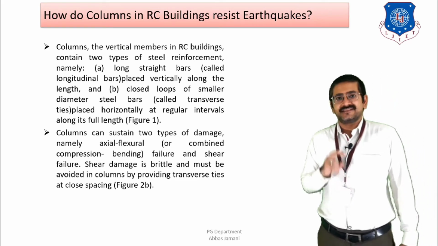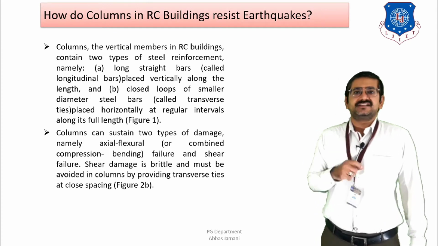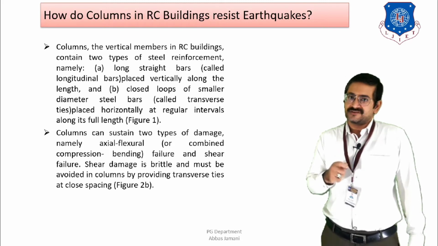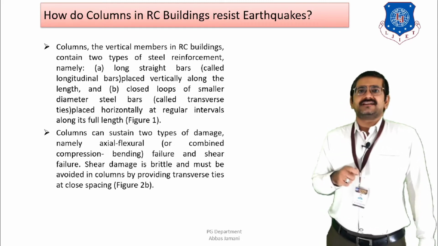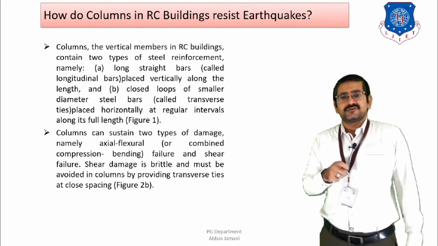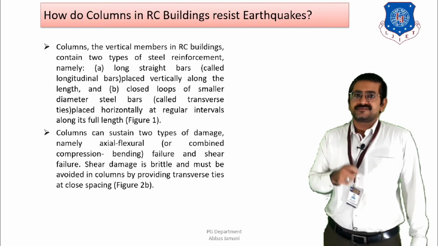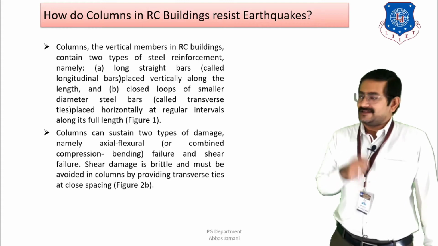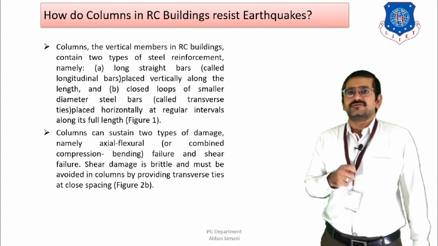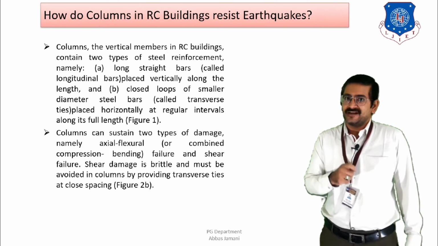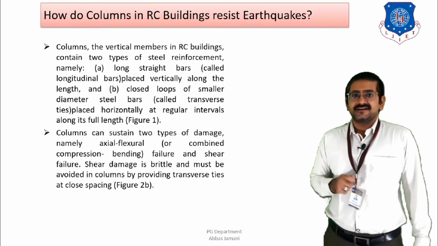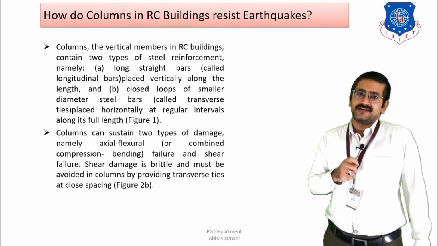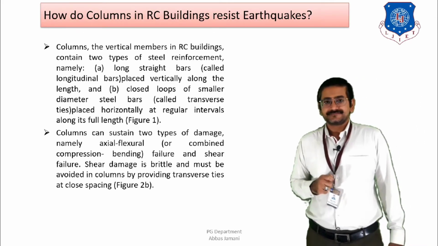But there is a second case, and that is the action of shear forces. These shear forces are introduced due to the horizontal lateral forces caused by earthquake shaking. When this happens, a large amount of horizontal shear force is introduced in the columns, and as a result shear failure is likely to be initiated. And if shear failure is initiated, then as we have discussed in case of beams, it will lead to brittle failure, which we are not anticipating for reinforced concrete buildings, right? So flexural failure is accepted, but brittle failure or shear failure is not accepted, right?